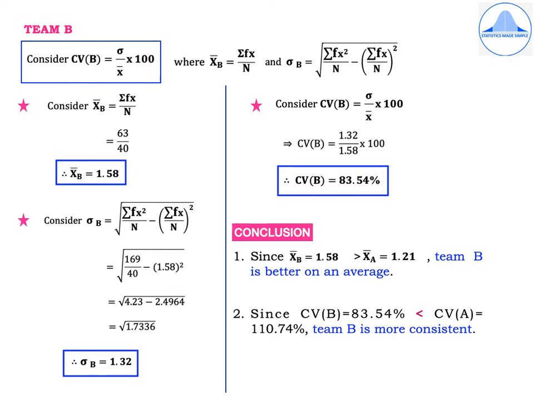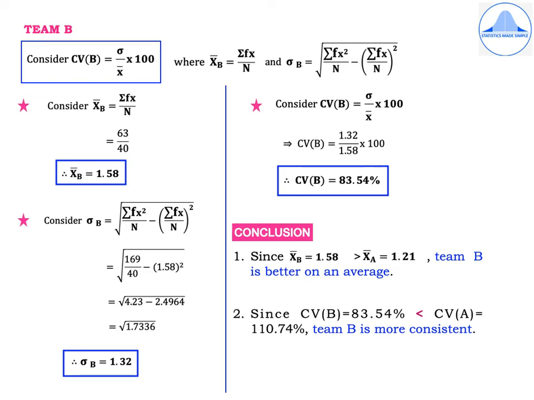Similarly, calculate sigma B, which is root of summation fx squared by capital N minus summation fx by n the whole square, which is root of 169 by 40 minus 1.58 the whole square. So you get root of 4.23 minus 2.4964, which is equal to root of 1.7336, or sigma B is equal to 1.32. Now we'll compute CV of B, which will be equal to 1.32 divided by 1.58 into 100, or you get CV of B equal to